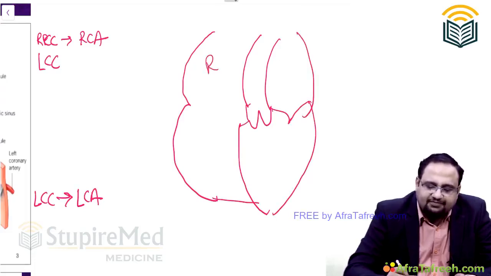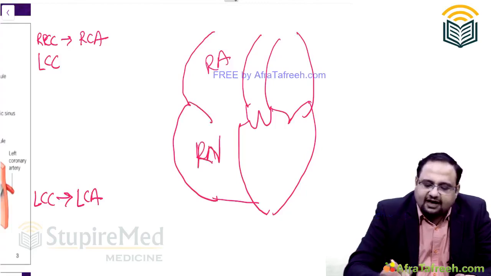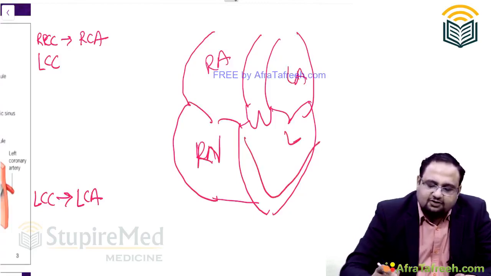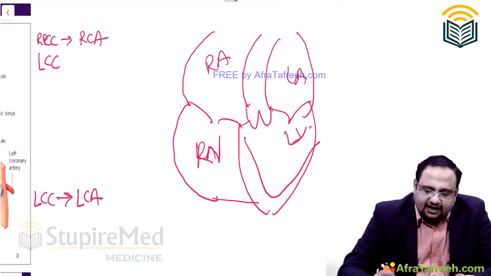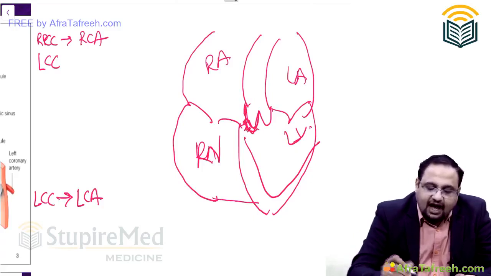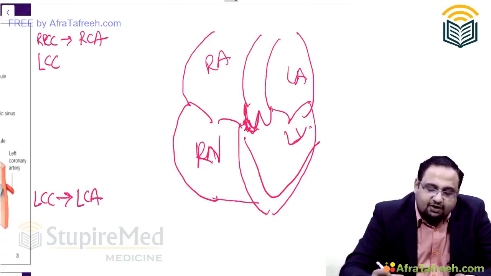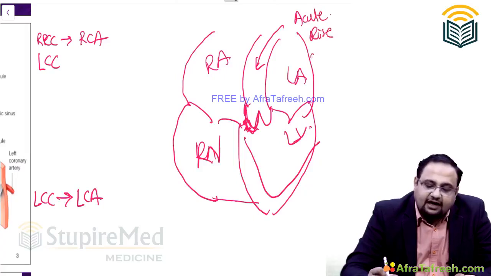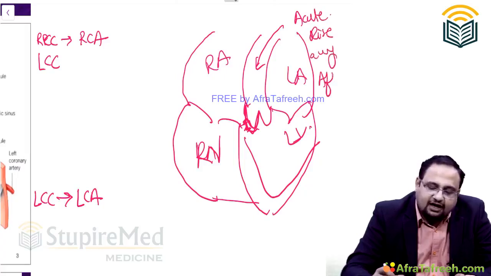So right atrium, right ventricle, tricuspid valve, left atrium, left ventricle. If you see this, the right coronary sinus is relatively thin-walled, and because of any acute rise of afterload to the aorta,